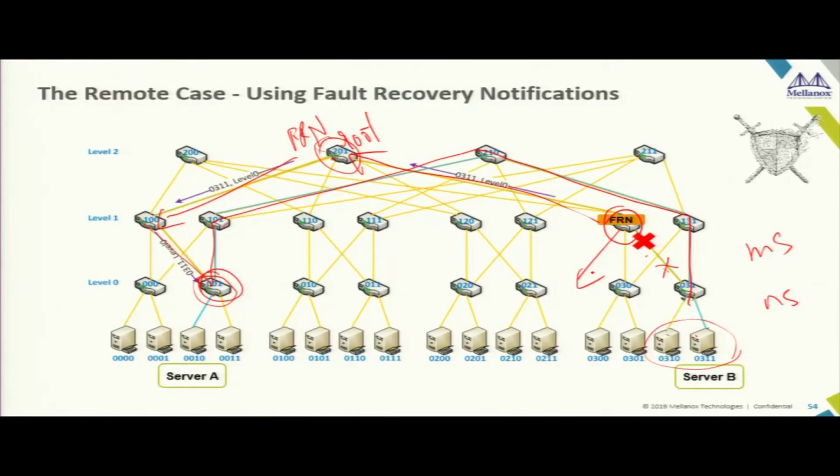It may overload some of the links, correct, but the penalty for that overload is much, much lower. It's actually 1,000 times lower than a packet retransmit penalty. So your application will still run, and it will complete much, much faster than it would have if there was a dead end drop. At the same time, this switch gives you an alert that something is wrong with my link, come and fix it. So the sysadmins will go and fix it.